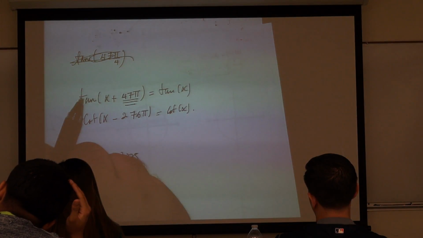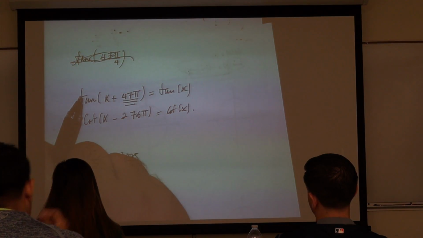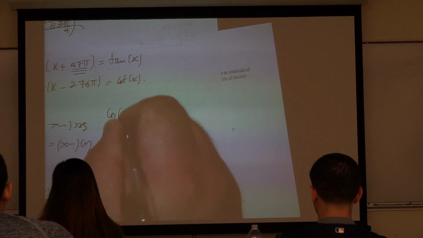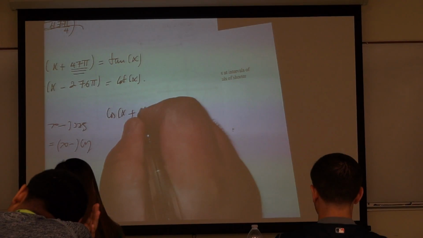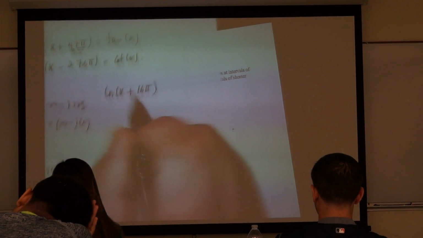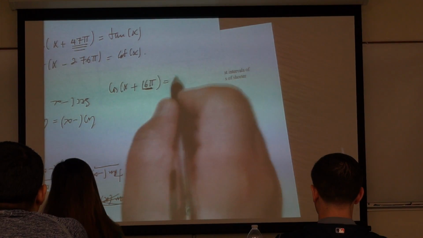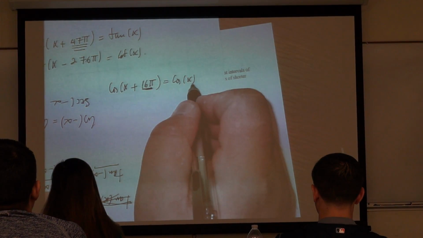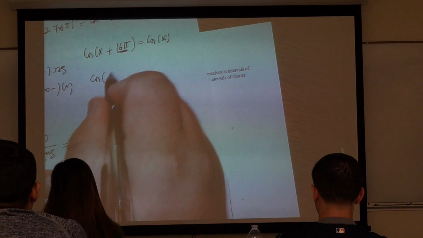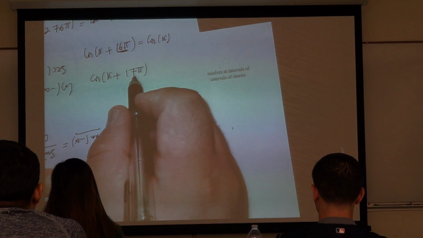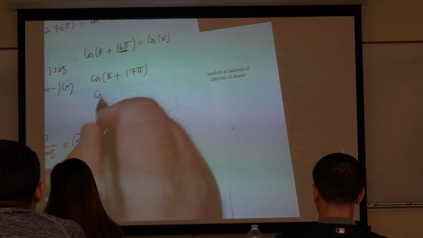But for sine and cosine it's different. They have to be multiples of 2 pi. So if I have cosine of alpha plus 16 pi, is 16 pi a multiple of 2 pi, yes or no? Yes. So that's just cosine of alpha. So if I have cosine of alpha plus 17 pi, no. But what do I do in this case? I say this is cosine of alpha